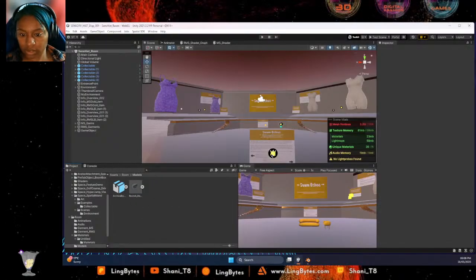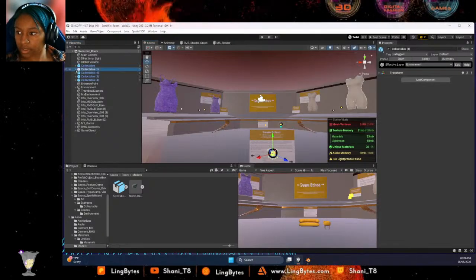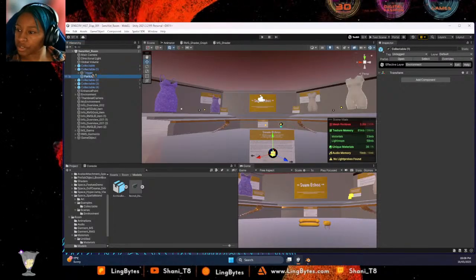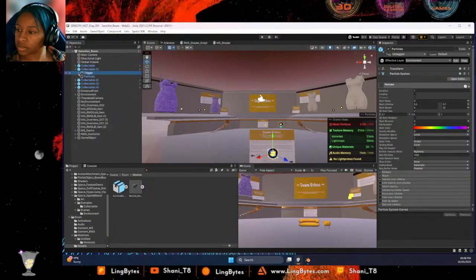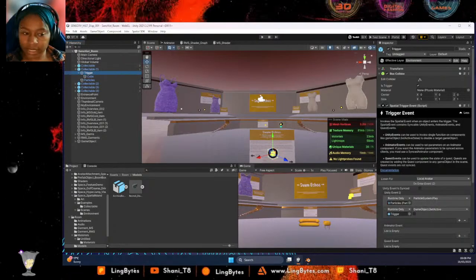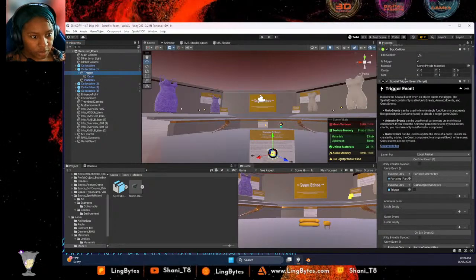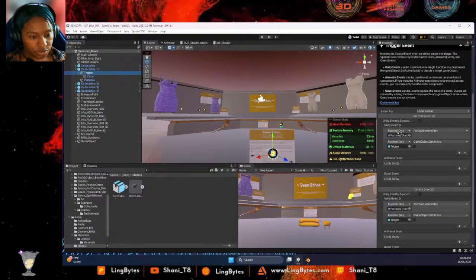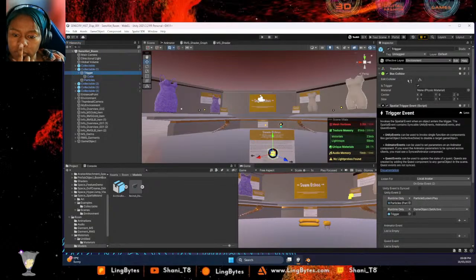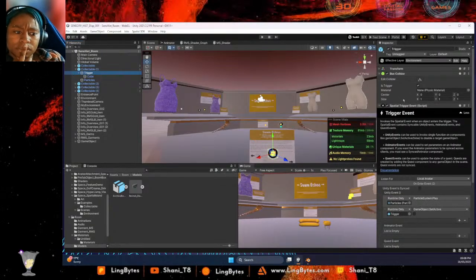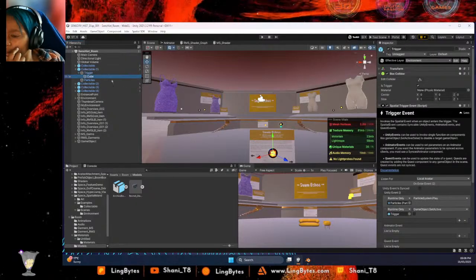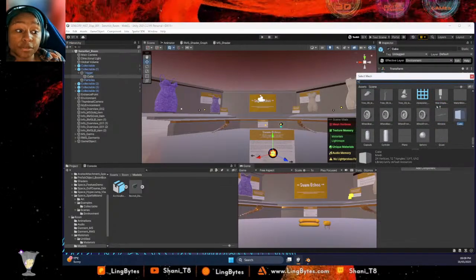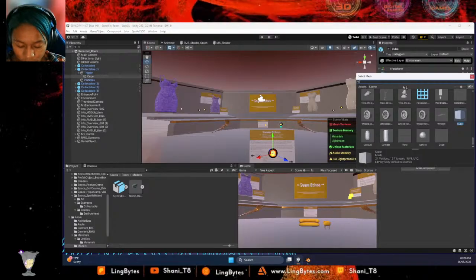But this collectible, I wonder if I can just replace the mesh in this without having to replace the actual thing. So where is the mesh that you are using? This is the event. It's your box collider. Where's the mesh? Oh, there you go. Right in front of my face. So instead of cube, let's use